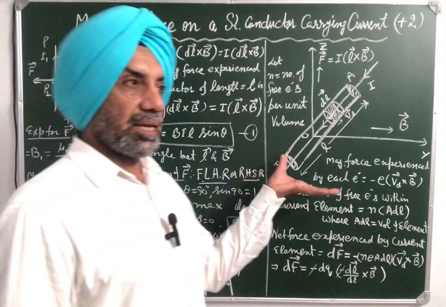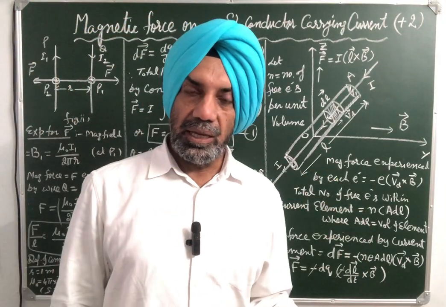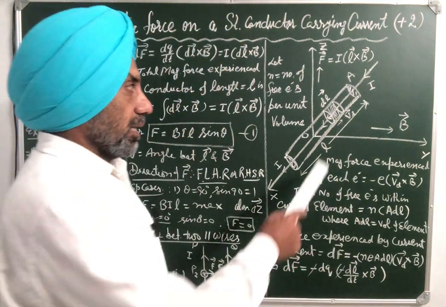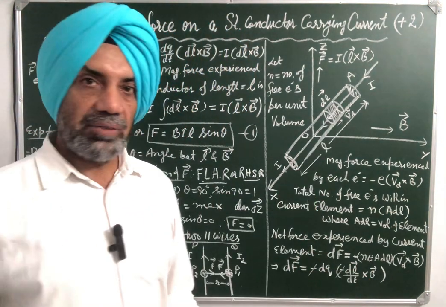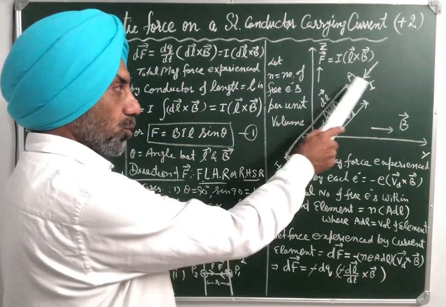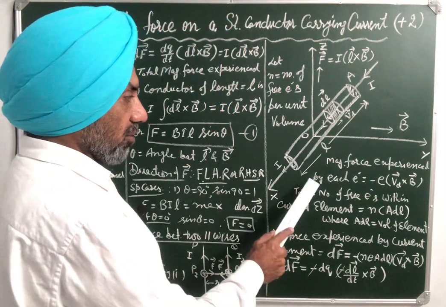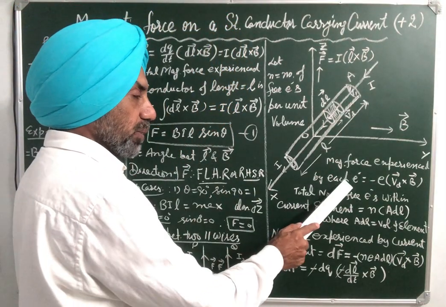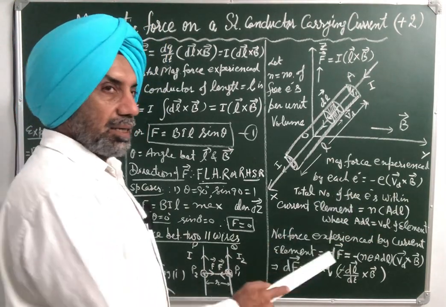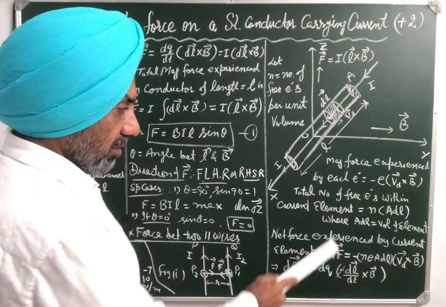Since, I repeat, each free electron of the conductor will experience magnetic force, the element of length dl will also experience magnetic force, and hence the total conductor will also experience magnetic force. So first we calculate the magnetic force experienced by each electron, then the magnetic force experienced by the current element of length dl, which is given by